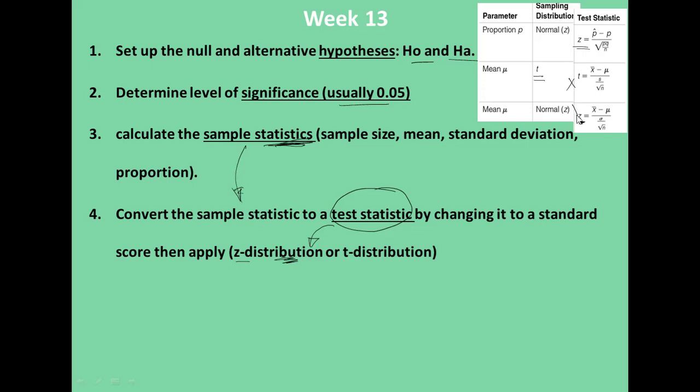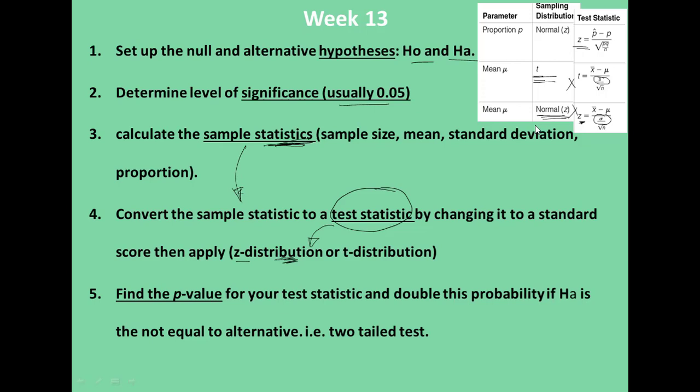This formula and this formula are basically the same. The only difference is the symbols, right? For standard deviation, if the population standard deviation is known, then we use the z distribution. And if we are working with a sample standard deviation, then we use the t distribution. So after you get your test statistic, the test statistic now is the one that will help you to find